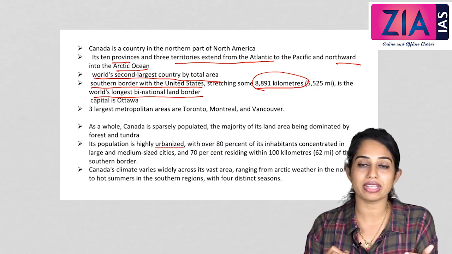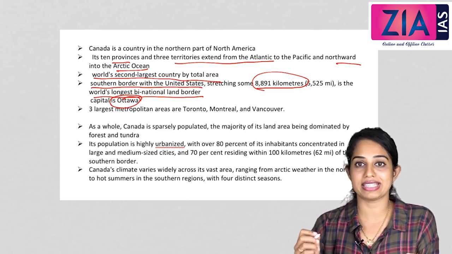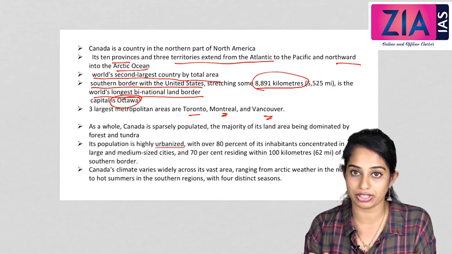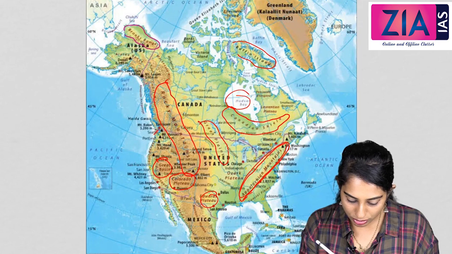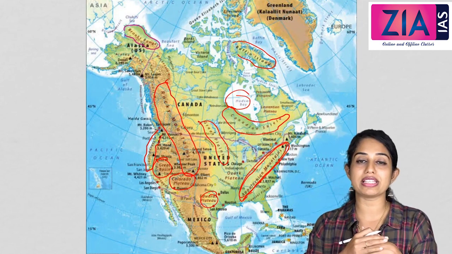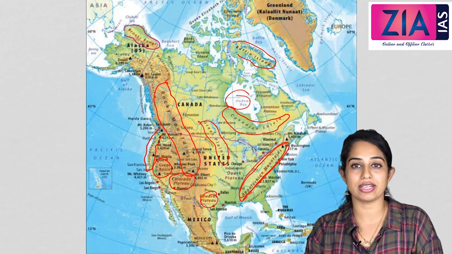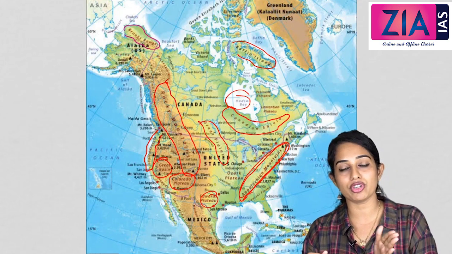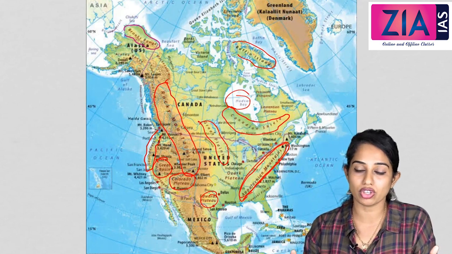Okay. Capital of Canada is Ottawa. Okay. And there are 3 major cities of the world located in Canada are Toronto, Montreal and Vancouver. Vancouver is famous, we can see from the map here. This will be towards the western side of this side. Okay. This Vancouver is famous because of the timber industry, or the lumbering industry, we can say it. Because of that, the availability of water and rivers are there. Lumbering industry flourishes in the Vancouver area.